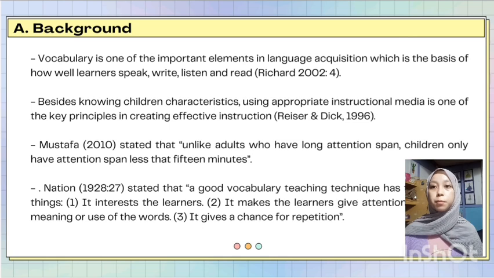The first one is from Richard, 2002, number 4. He states that vocabulary is one of the important elements in language acquisition, which is the basis of how well learners speak, write, listen, and read. Vocabulary plays an important role that is considered the main factor in increasing the mastery of the core language skills.